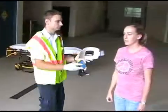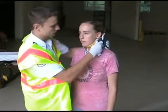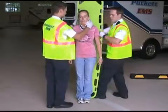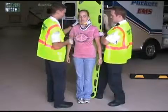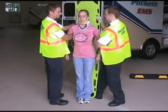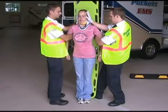When 3 or more healthcare providers are not available, 2 healthcare providers can achieve immobilization from a standing patient. One healthcare provider can apply a C-collar while the other brings in a backboard. The two providers stand on each side of the patient, turn slightly toward the patient. Each provider places the hand closest to the patient under the patient's armpit and grasps the nearest handhold on the